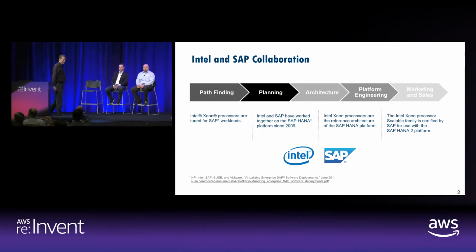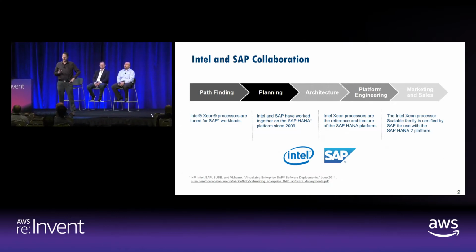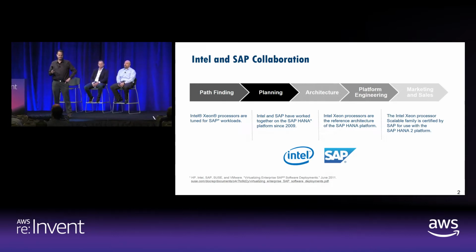So I sit on an engineering team at Intel, and our core focus, we actually have engineers that sit in Walldorf at SAP. And as we release new processors, we add new features into that, and have gone all the way up to also Plattner that into our processors. A couple of them historically that when you look at base systems,